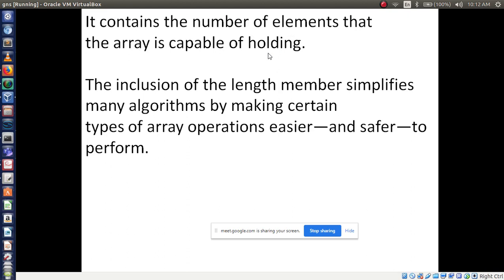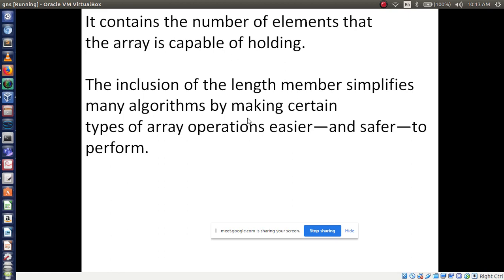The inclusion of the length member simplifies many algorithms by making certain types of array operations easier and safer to perform. So instead of defining the size of the particular array, you just use the array name followed by length. That's it. This is a simple program.